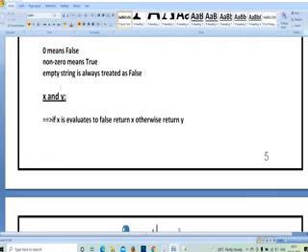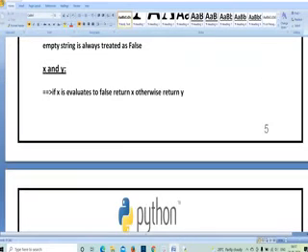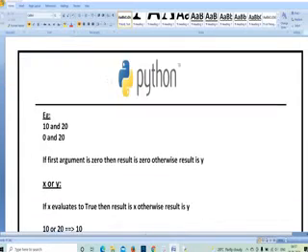So if you did not give any data type, like a is equal to, if you leave it blank without giving any input, it will take it as false only. Why? Because we cannot determine whether it is true or false without any input, so by default it gives false. Here you have given a condition: if x is false, return x, otherwise return y. Whatever value I give in x, if it is false, it returns the x value, and if x is true, it returns the y value. So this is the syntax.